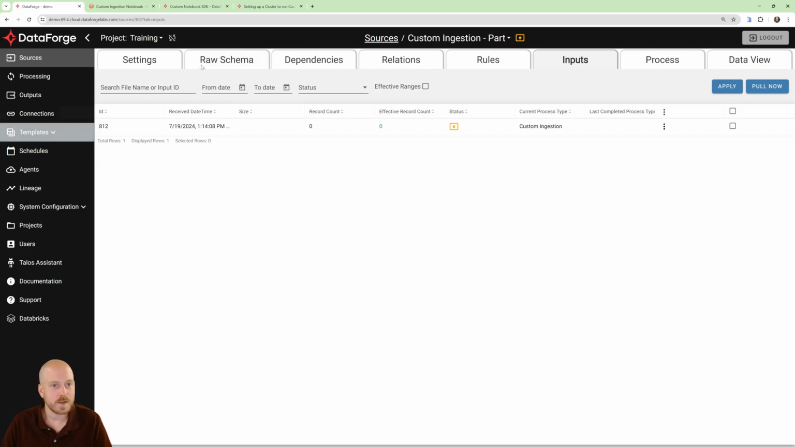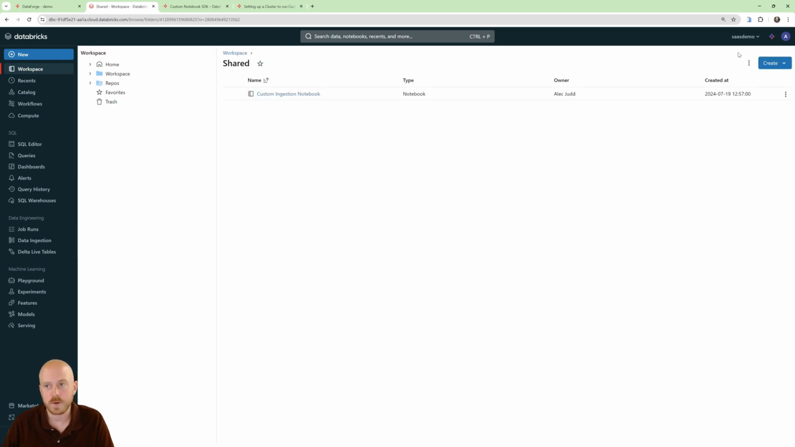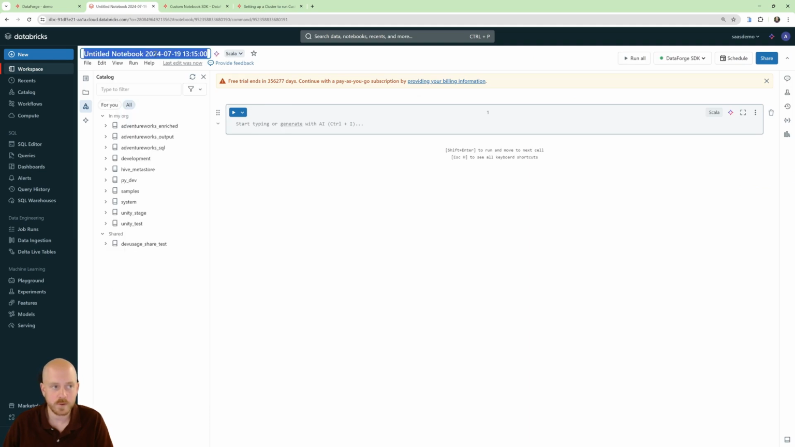The last thing that I want to show you is in the notebooks. You might have noticed that all of the code in here was in Scala, and the DataForge SDK works with Scala alone, but that doesn't mean you're limited to only working with Scala in your notebooks. So for example, we could create a new notebook and actually work with multiple languages. If I create a new notebook and I do custom ingestion with Python,